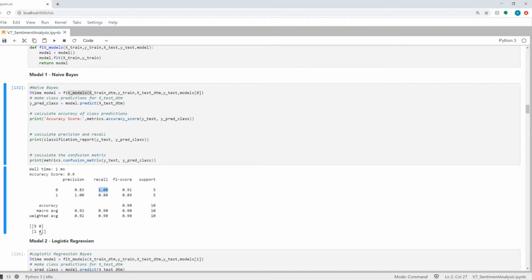Only in the case of negative articles, it's falsely predicting them as positive, but all the positive articles are being correctly predicted as positive, so there are no false positives for the positive articles. I know it's a bit confusing.